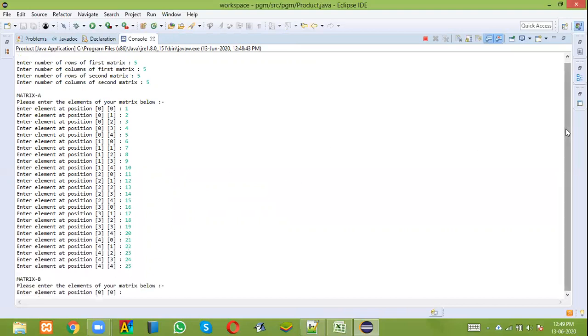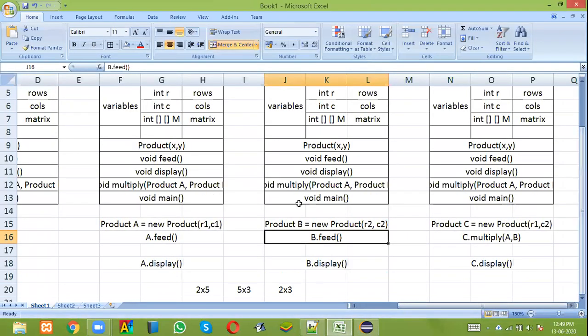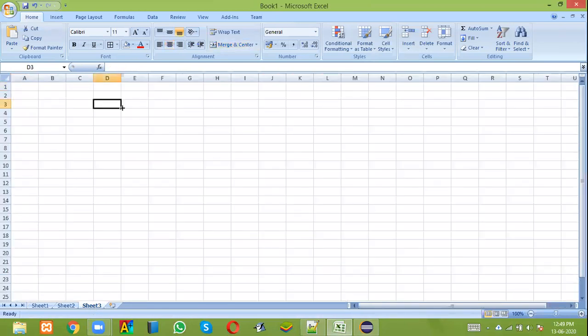Now I'm going to enter a unit matrix. Unit matrix means it has only ones in the diagonal. What is the meaning of unit matrix? I think you all have studied. See, a 5 into 5 unit matrix means 1, 1, 1, 1, 1 on the diagonal, and other places you will have 0. This is the meaning of unit matrix. Sorry, 1 minute. Yeah. This is the 5 into 5 unit matrix. If any matrix is multiplied by this, it will be equal to the original matrix.